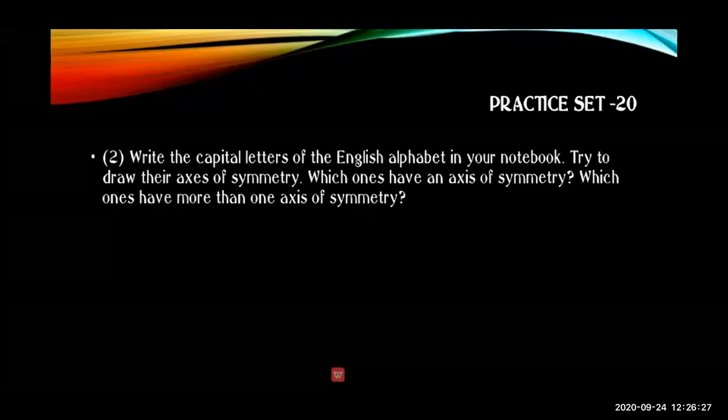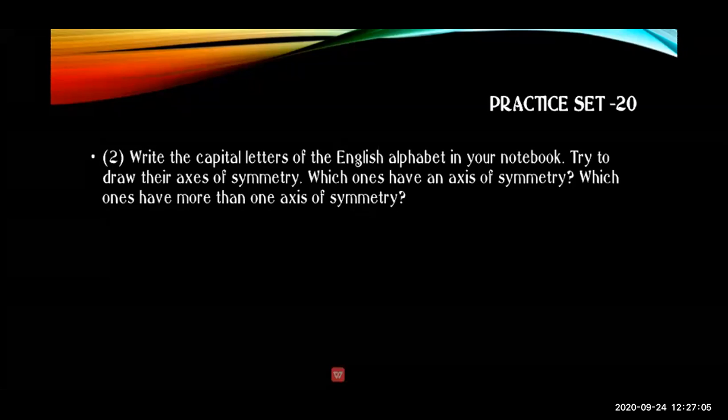Here you have to write the alphabet. The English alphabet starts from capital A to capital Z. You're going to write it by taking three lines. You will not write small in one line only, you will not write A B C D in one line. You will take three lines and make the letters reasonably big, but not too big. Till Z you are going to draw, and after that I will show you how many axes there are.